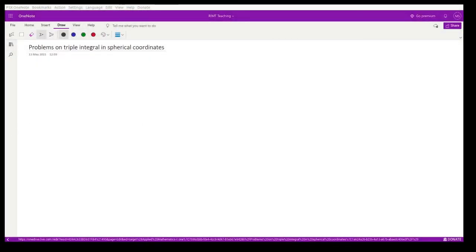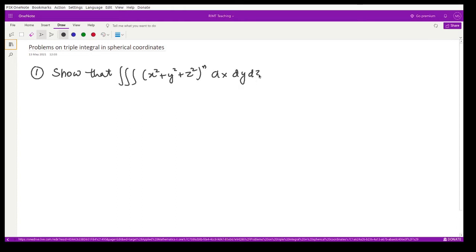Next let us discuss some problems regarding calculation of triple integrals in spherical polar coordinates. So let us have a look at the first question. It says that show that this triple integral of (x square plus y square plus z square) raised to power n dx dy dz is equal to 4 pi divided by 2n plus 3 over the region x square plus y square plus z square less than or equal to 1, and n is given to be greater